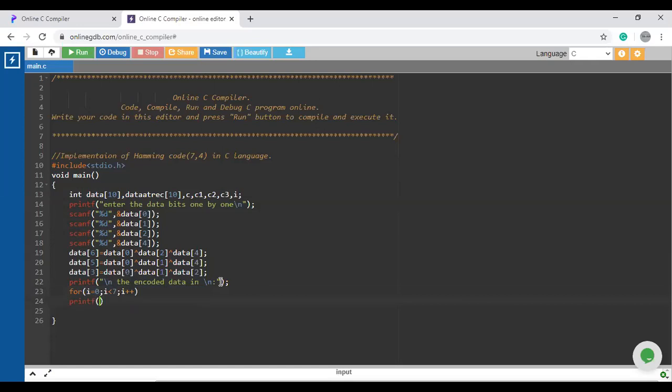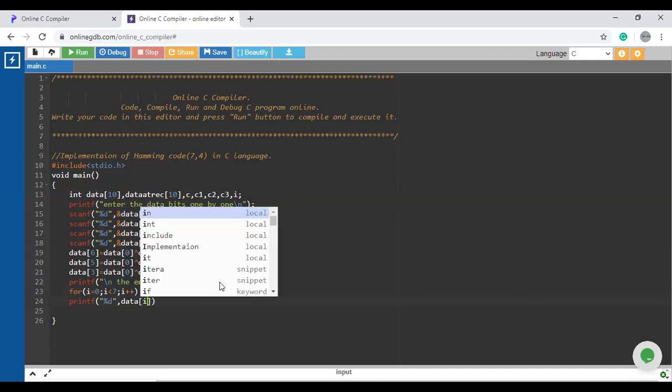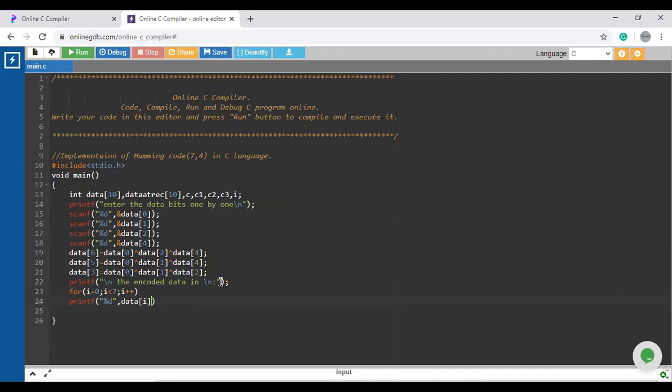Printf %d and data i. So it will print all the complete code word, which is the data bits plus redundant bits.